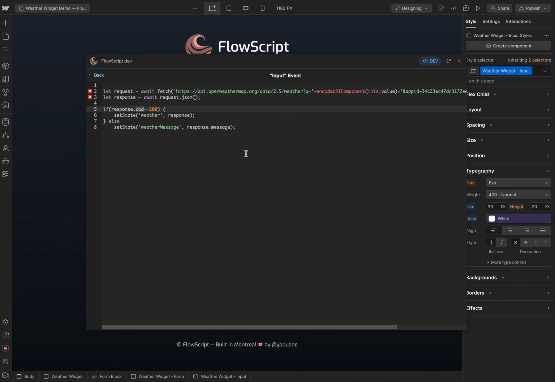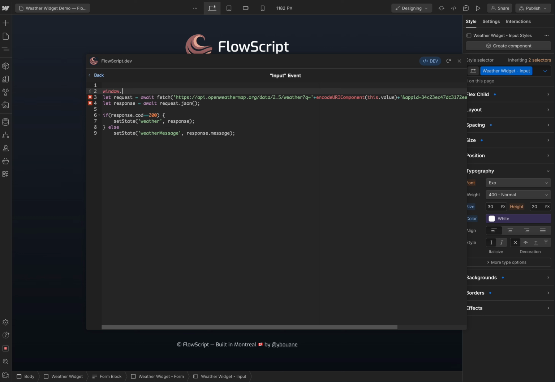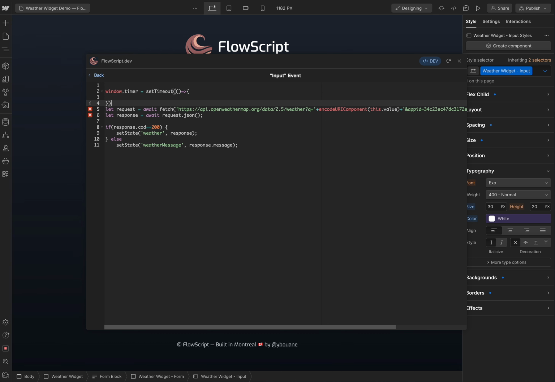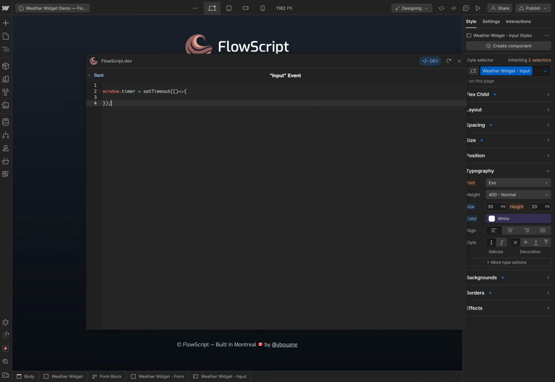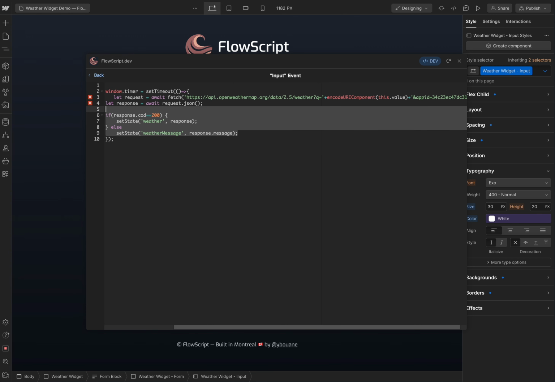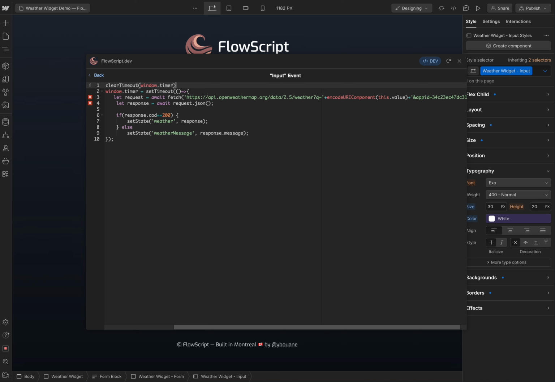Right now, our action runs with each keystroke, causing many unnecessary API requests. To optimize, we can implement debouncing to delay the action until typing stops, reducing these requests. For that, we wrap our code in the setTimeout function and assign it to a variable. We then use clearTimeout on that variable before setting a new timeout. This ensures that the action only executes after the user has stopped typing for a specified delay, effectively minimizing unnecessary